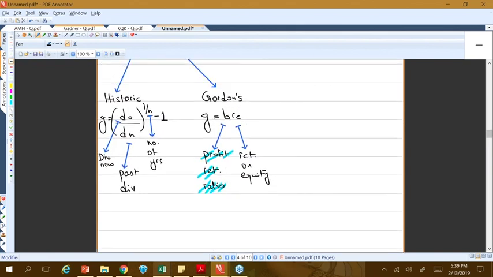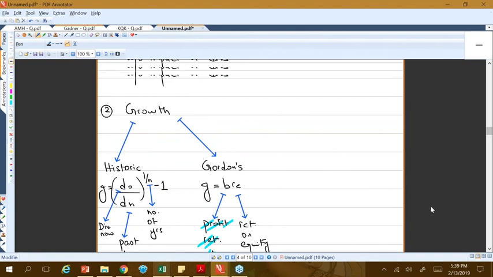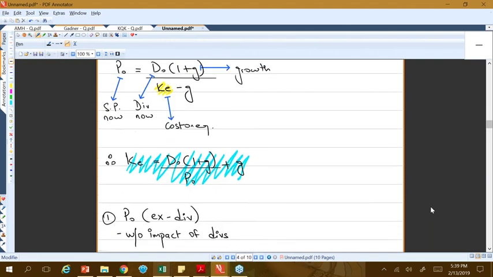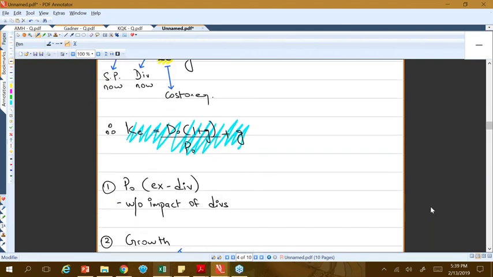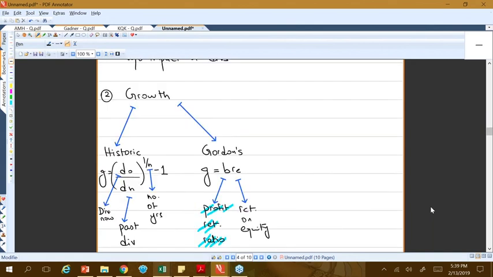So, growth, two ways, historic model and Gordon's model. In a question which we'll do just now, we will see one of them. So let's do a quick recap here of where we are. We're trying to find out ways of KE. The way is to rearrange the growth model. Rearranging the growth model, the formula looks like this. You have to be careful that you're using share price ex-div, and remember, growth can be computed in two ways, historic and the Gordon's model.